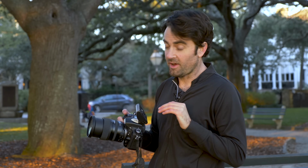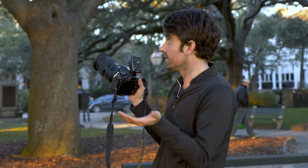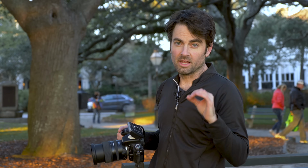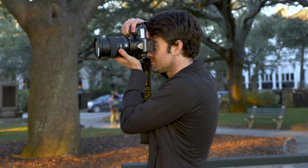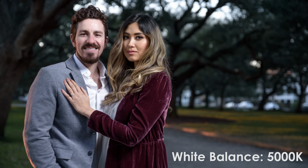So for this first shot, I'm just simply going to set the camera to 5,000 Kelvin, which would normally be a good setting for white light coming out of our strobe. And I'm just going to take a test shot here. And as you can see, the light on them is great. It's nice and white. It looks very natural to our eyes,